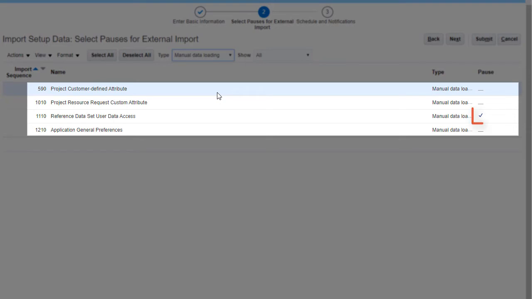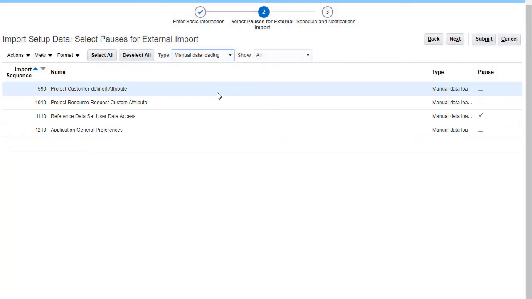Of the 4, only Reference Data Set User Data Access has a check mark in the Pause column. That means the import process will pause while running and you have to enter this data manually before you can resume the import process. For the other 3, because the pause column does not show a check mark, you can enter their data before or after the import process starts or completes. Move to the next step.